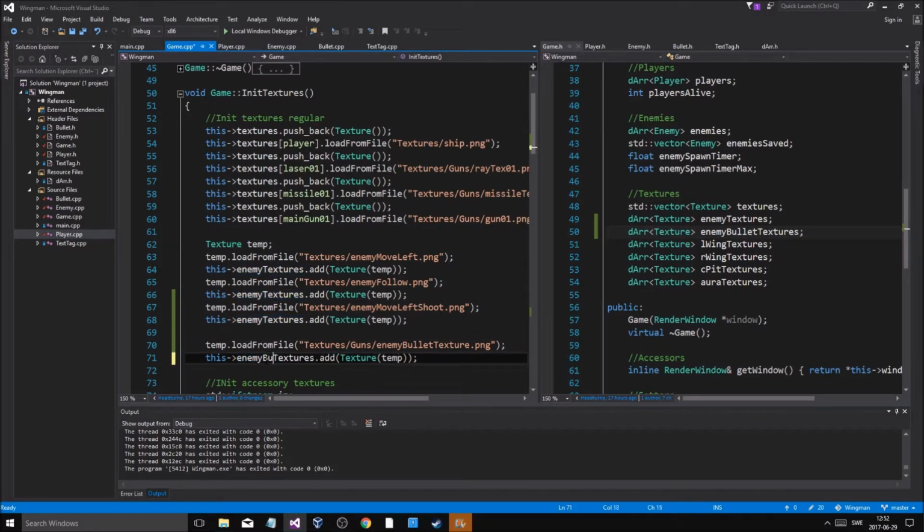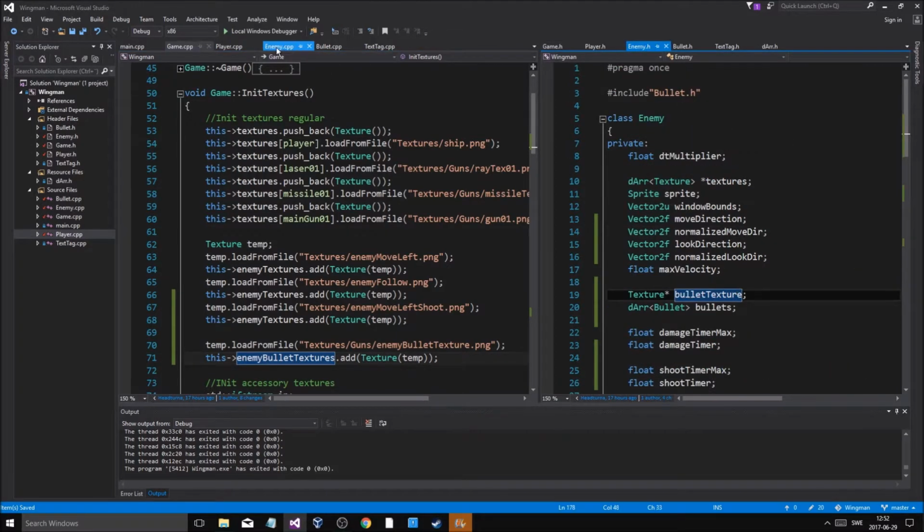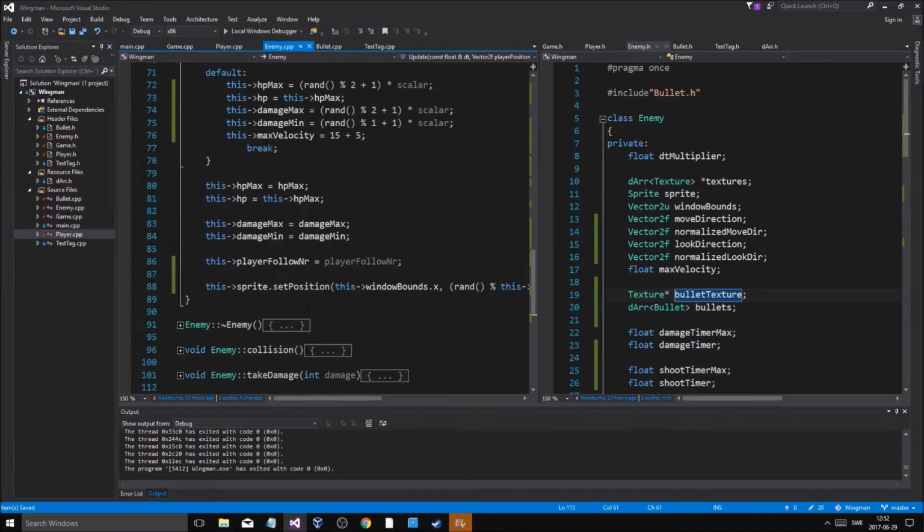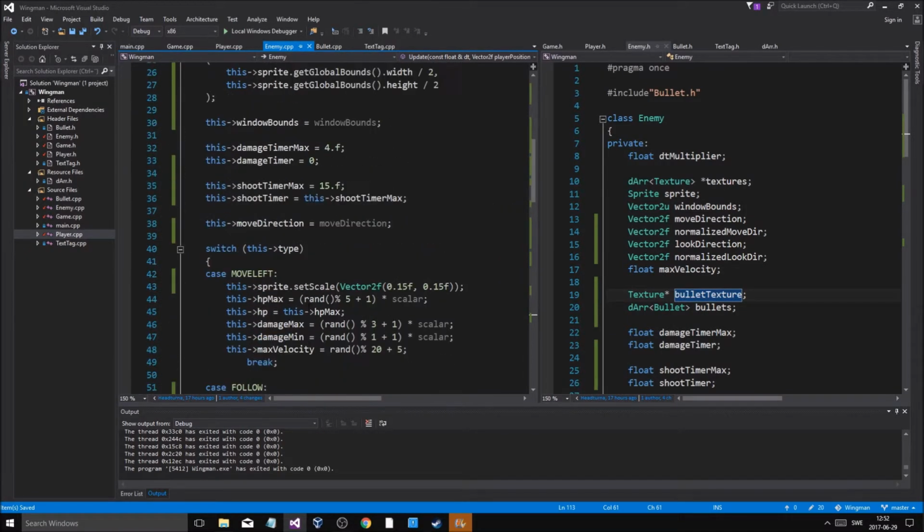I'm just gonna add that, and in enemy, in our constructor, we can just say